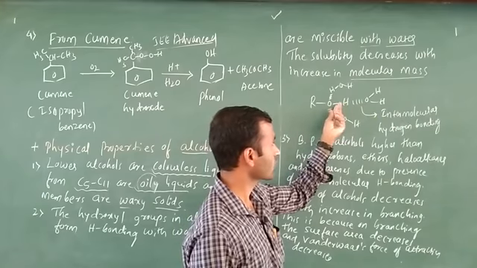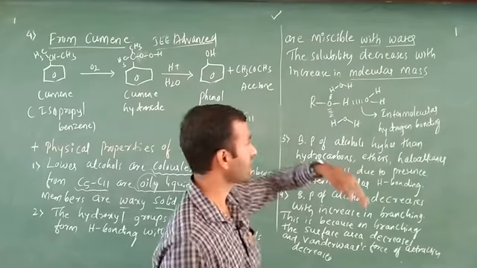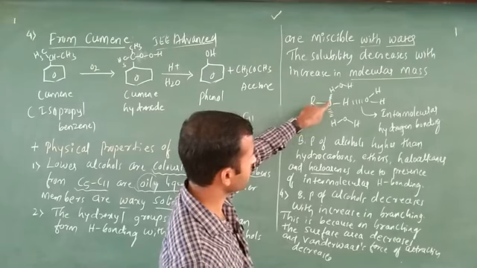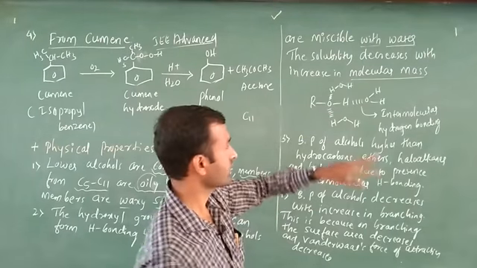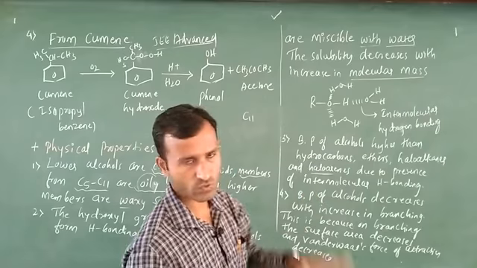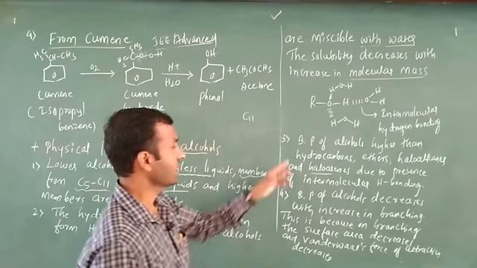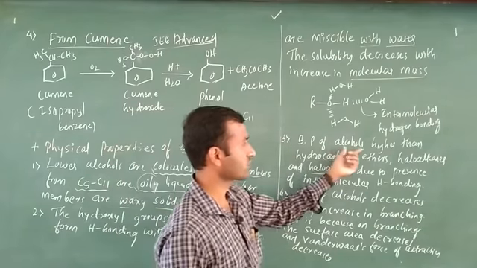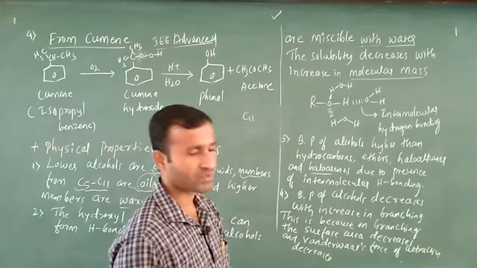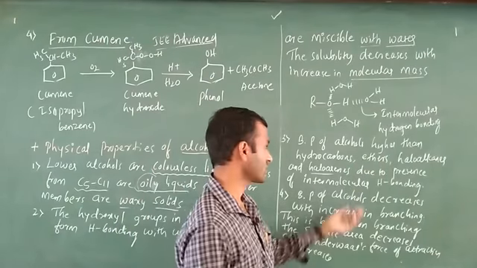Here alcohol is there, here water is there, and this indicates hydrogen bonding. Here also hydrogen bonding is possible, meaning intermolecular hydrogen bonding is possible, bear in mind. Next, the third point: the boiling point of alcohols is higher than hydrocarbons, ether, haloalkanes, haloarenes,